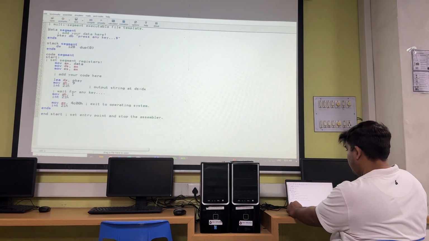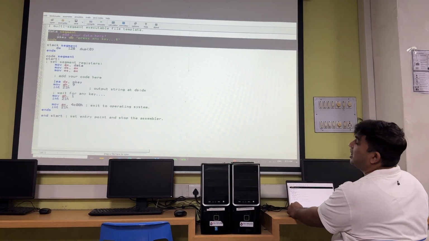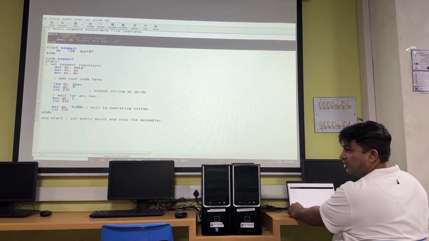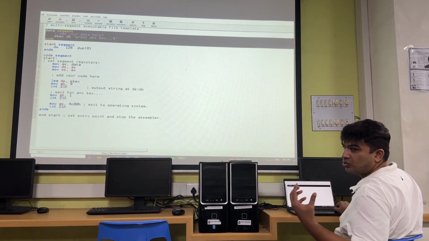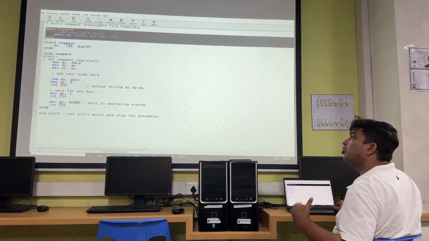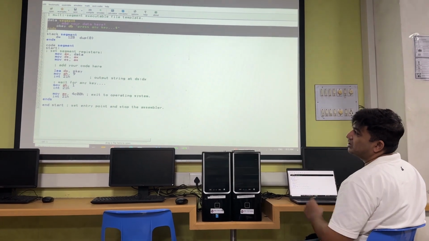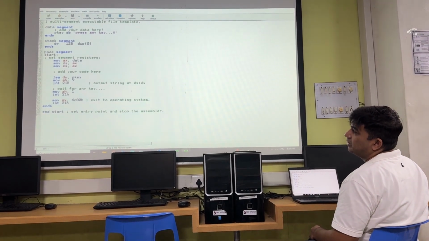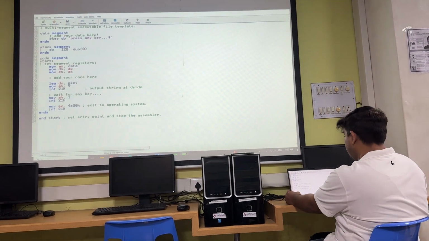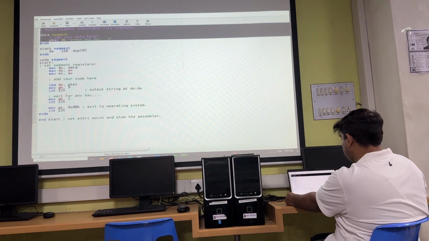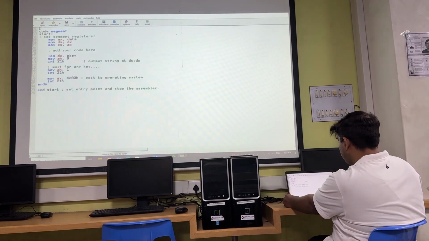As you can see over here, we have 4 segments in 8086. When you write your code in the code segment, if you also want to use other segments, you can utilize them. So this is the data segment, stack segment and code segment. Understand? Currently I don't need any of this, so I am deleting this. Okay. Now